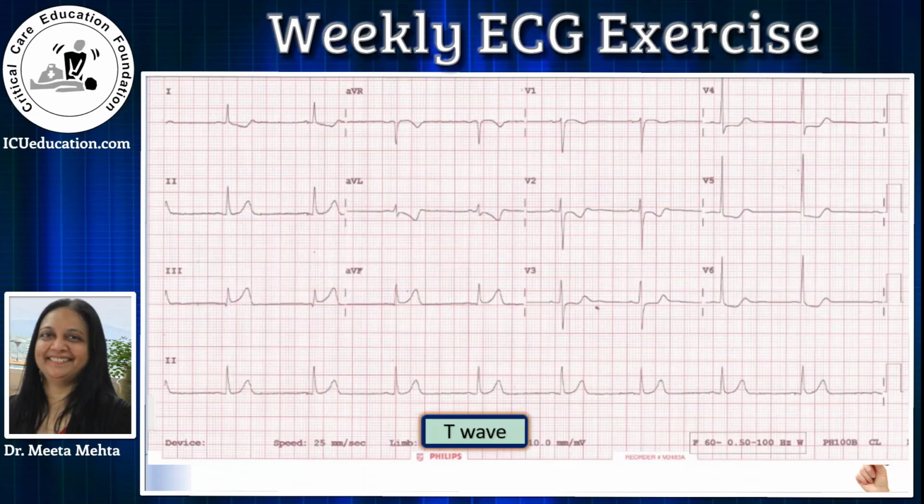Now let's talk about T wave inversion, especially when it is along with STT changes. For ST segment, we had to compare with TP segment, but for T wave inversions, you compare with other T waves in line. So what do you mean by inline T waves? For that, you compare T waves in sets. For example, lead 1, 2, 3 is one set, AVR, AVL, AVF is one set, V1, V2, V3 is another set, and V4, V5, V6 is another set.